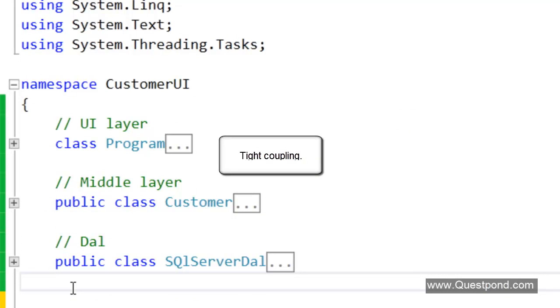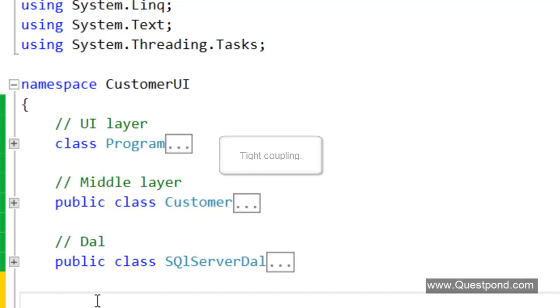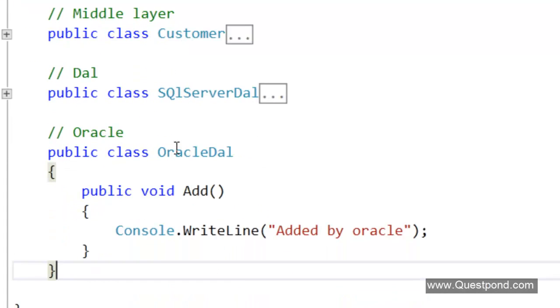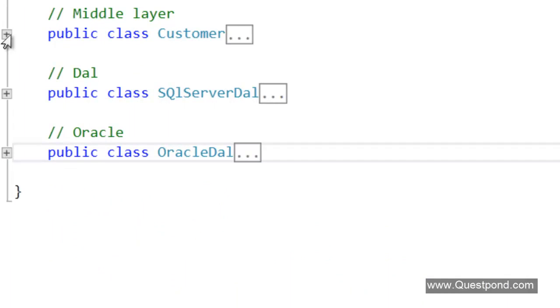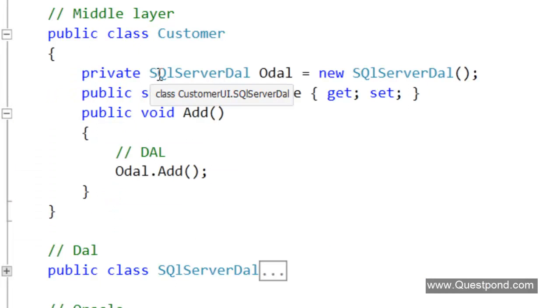Now one of the biggest problems with this 3-layer architecture is tight coupling. Tight coupling means, for example, you can see here this customer class or this middle layer is actually using the SQL Server data access layer, right? But let's assume that one of your customers demands that our application should also support Oracle, right? So what you will do, you will go and create a new data access layer here called the Oracle data access layer, and then you will go and make changes into your customer class.